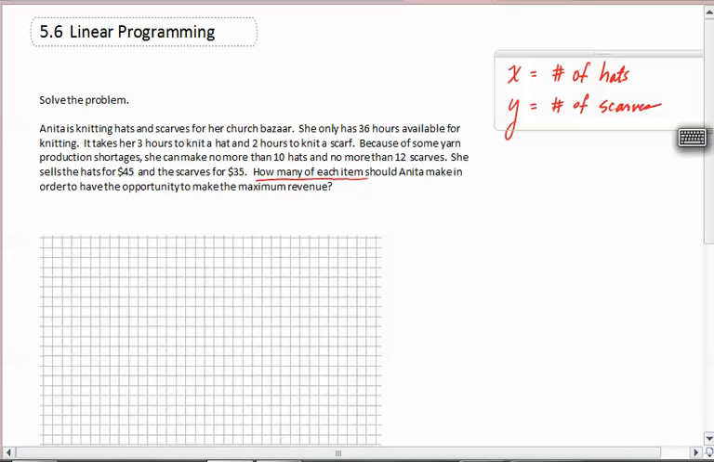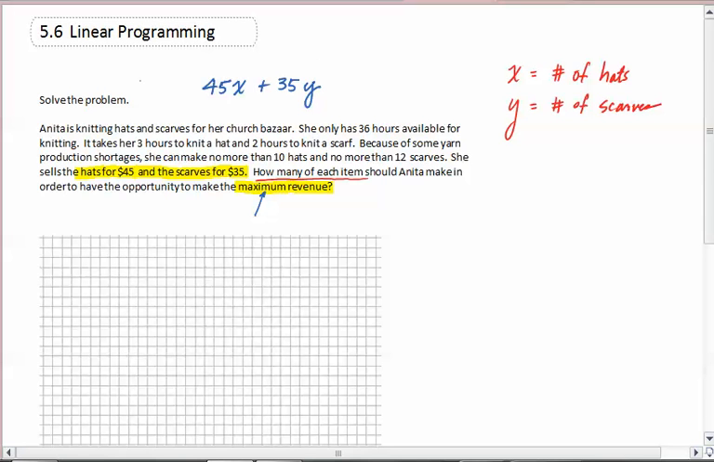Now, it says that she wants to maximize revenue. Well, let's go straight to the things that will give us revenue. She sells scarves for $35 and hats for $45. Now, to maximize revenue, that lets me know that these prices are going to be part of what we call the objective function. We're going to maximize revenue. Well, she brings in $45 every time she sells a hat, which is X, right? And she brings in $35 every time she sells a